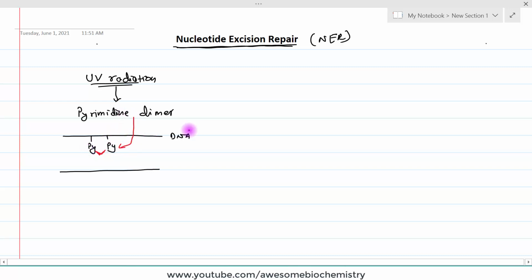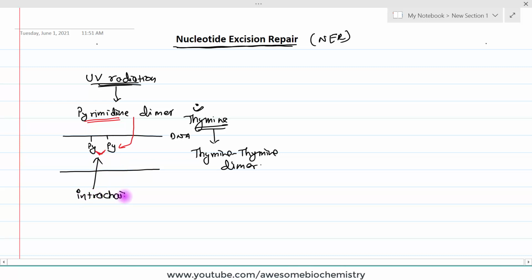and so it is known as pyrimidine dimers. The most commonly affected pyrimidine is thymine. So, when two thymines are cross-linked with each other, we call it a thymine dimer. This is the most common variety. Purine dimers are rarely seen or not seen. As this cross-linking is between the same chain and both the pyrimidines are affected, we can also call it an intra-chain cross-link.